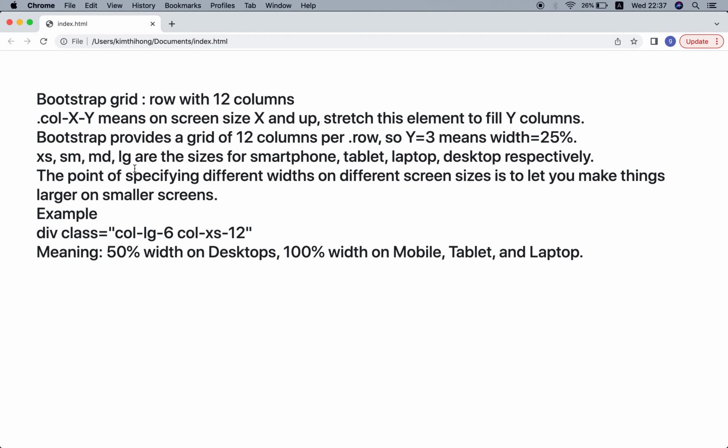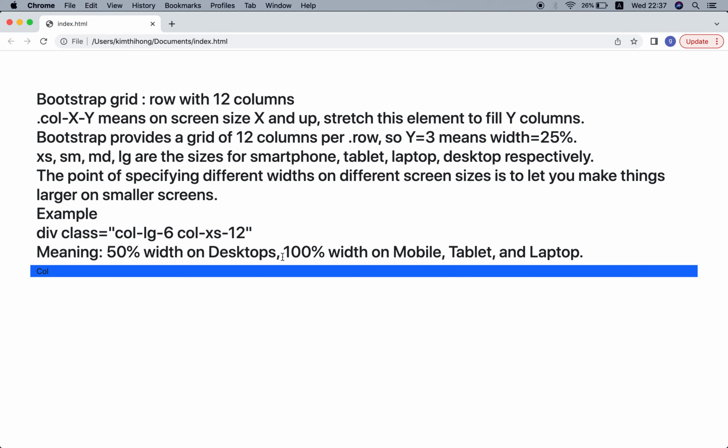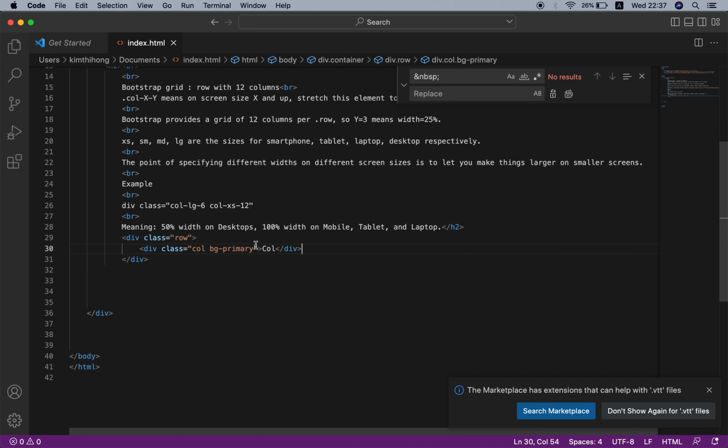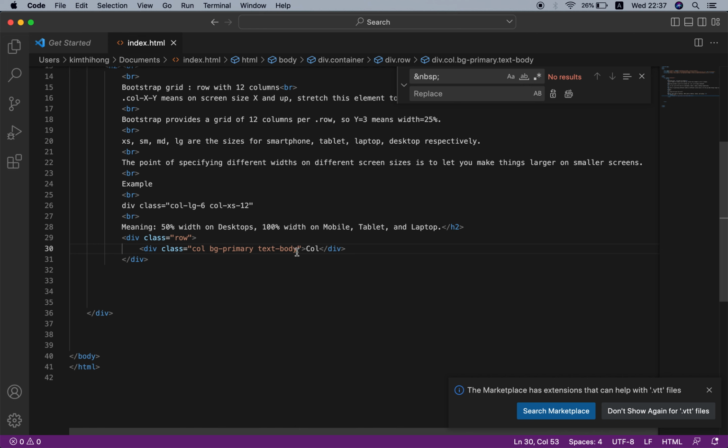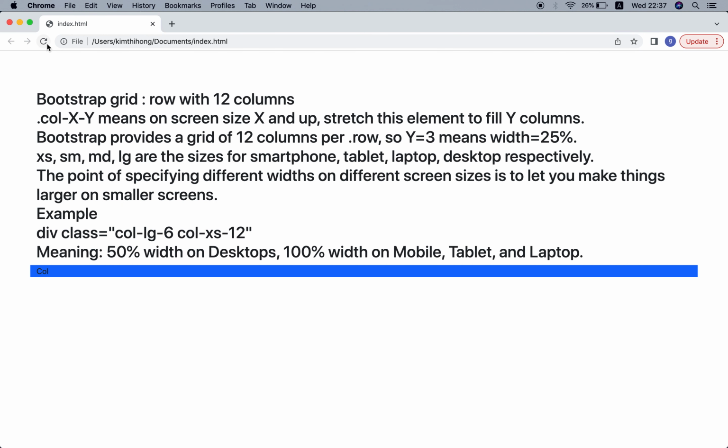Save and check in the browser. You see that one column with 100% width, and text body, it should be text white. Okay,